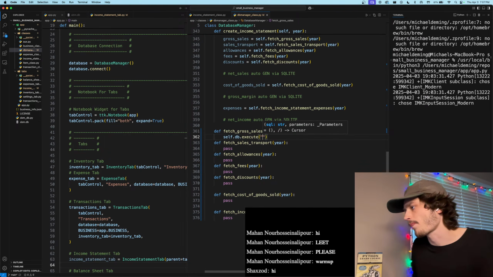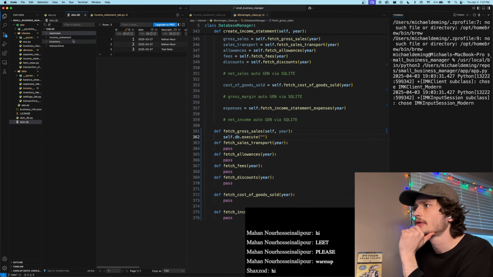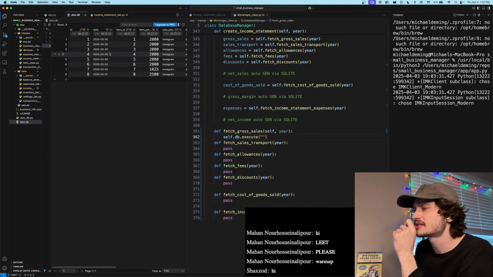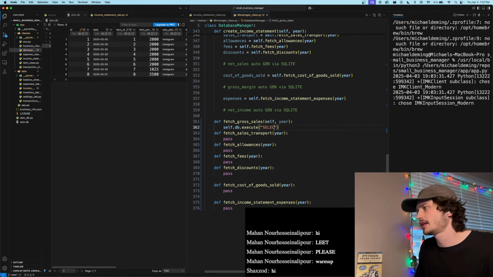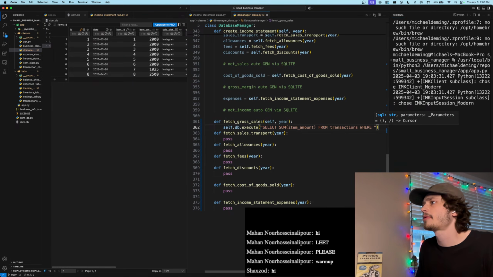Okay, what do we want to execute? We need to go into our income statement tab, our transactions tab, and select, right, so we'll say select sum of item amount from transactions where date